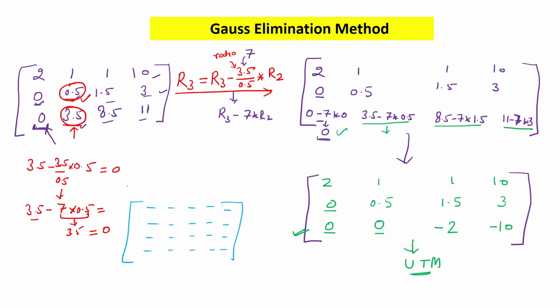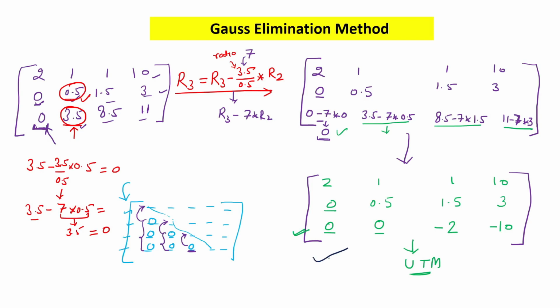Now let's say if you have 4 linear equations, then your augmented matrix will be 4 rows and 5 columns. Then in that case, you have to make all these elements 0, because they are actually below the diagonal. While you are making these three elements 0, you will take the help of row 1. While you are making these elements 0, you will take the help of row 2. And while you are making this element 0, you will take the help of the previous row. So this pattern you should know because it will be very useful when you implement this using a C program, and when you are solving the questions in theory also.